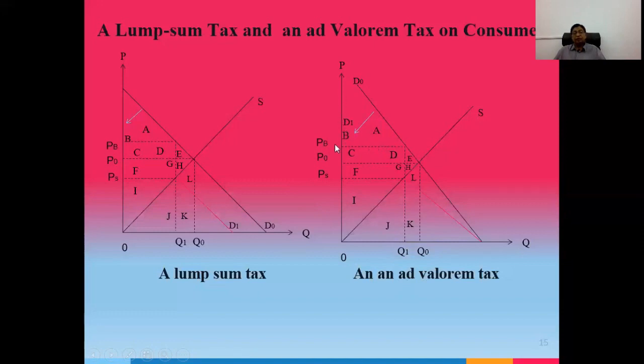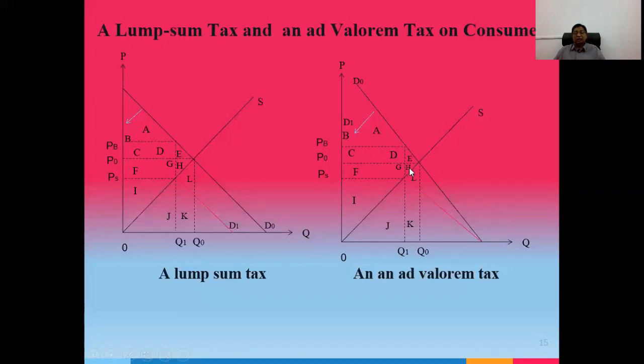Then the new consumer surplus is given by A, B, then the reduction in consumer surplus is C, D, E. Initial producer surplus is given by I, F, G, H. New producer surplus is given by I. Then the reduction in producer surplus is given by F, G, H. Then the social cost or deadweight loss of ad valorem tax on consumers is given by the area of